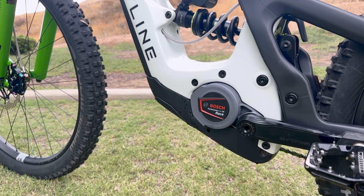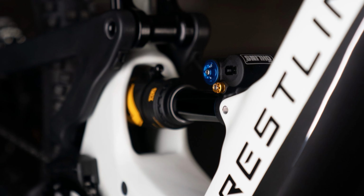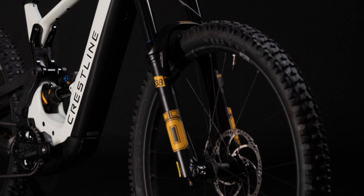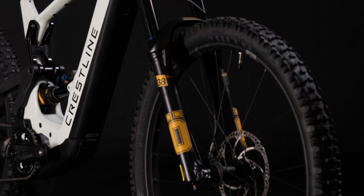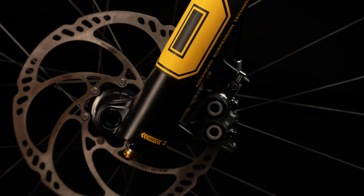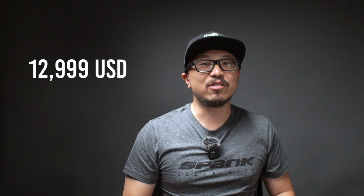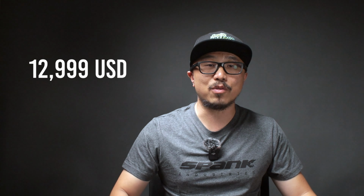It has a Bosch CX race motor with 750 watt hours of battery, an Öhlins TTX2 air shock, 160 millimeter Öhlins RXF 38 M2 air fork, a SRAM GX Eagle drivetrain, Magura MT7 brakes, Crank Brothers Synthesis carbon wheel set, 1UP components in the cockpit and the drop seat post, coming in at $12,999 USD. With the specs out of the way, let's head on over and get to know the owner of